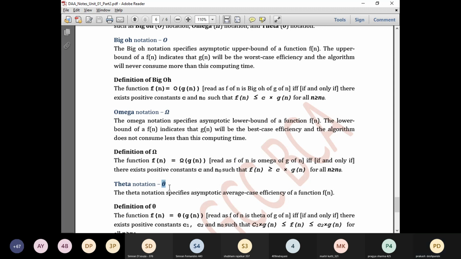Right now, in our calculations for finding the time complexity of a particular algorithm, we will only focus upon the big O notation. Why do we only focus upon big O notation? Because we want to find out the maximum time a particular algorithm takes. If we can find that, then beyond that particular time the algorithm cannot perform. If it is giving a particular result, then that will be the maximum time. Beyond that, it will not go. Only the values below that, or at most that time consumption, we can get. That is what big O notation means.